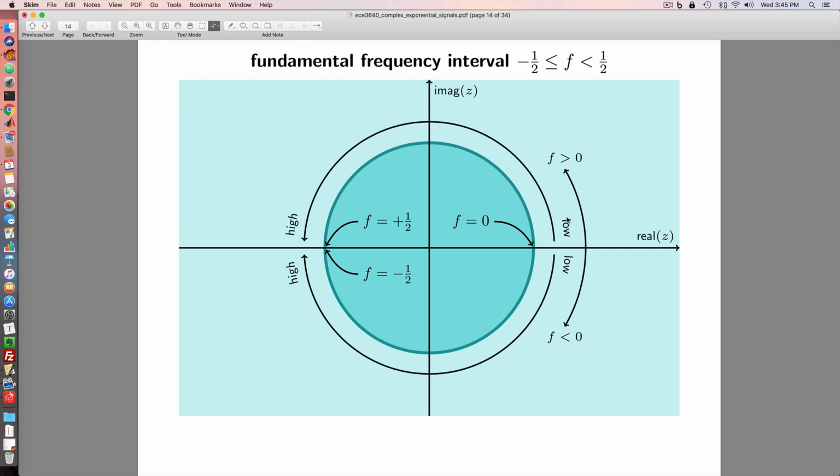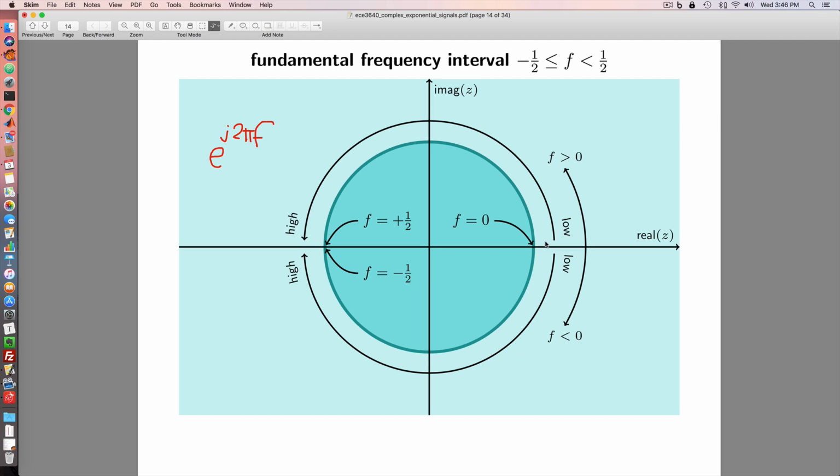And if we were to write down e to the j 2 pi f, that's a complex number that lives on the unit circle,